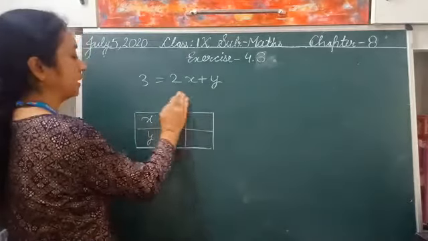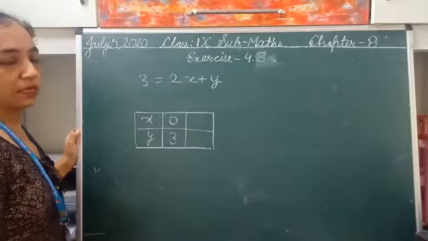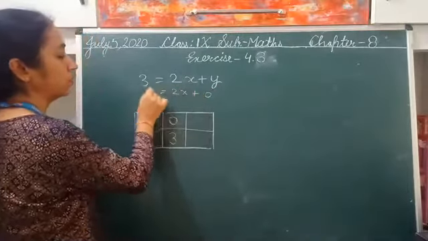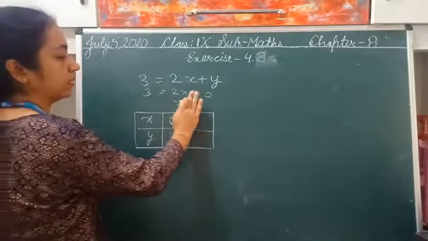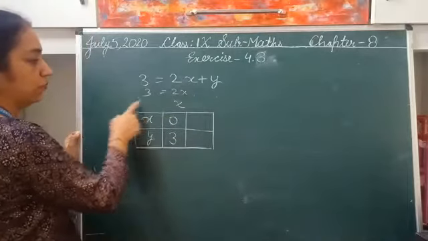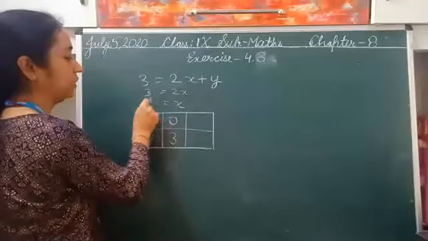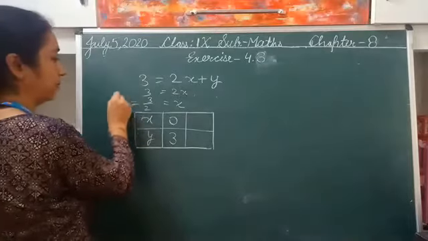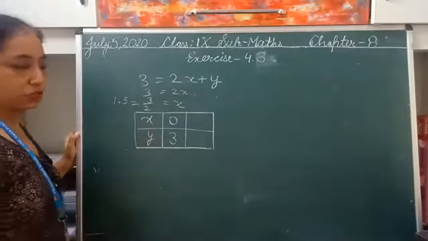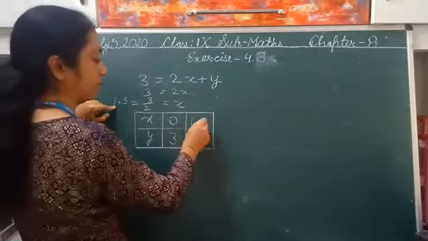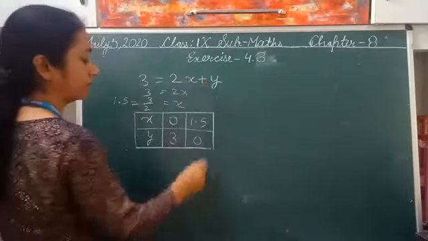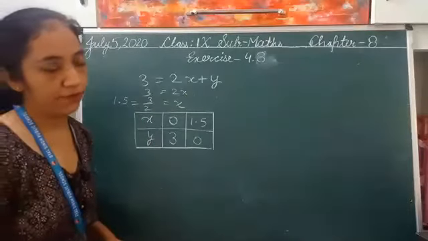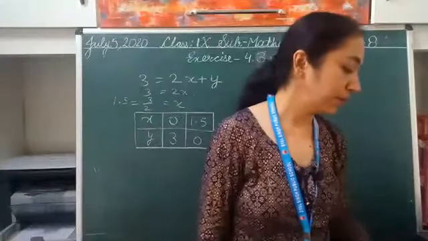Then I have to assume another value of x or y. y = 0 ले लेते हैं. अगर ये 0 है, then I get 2x = 3. What will be the value of x? ये आपकी term खत्म हो गई. 2 will come here and it will be 3 upon 2. And what is 3 upon 2? 3 upon 2 is 1.5. So your next point will be x = 1.5 and y we had taken 0, right? And you have to represent this on your graph, right? So this way you have to complete the graphs,